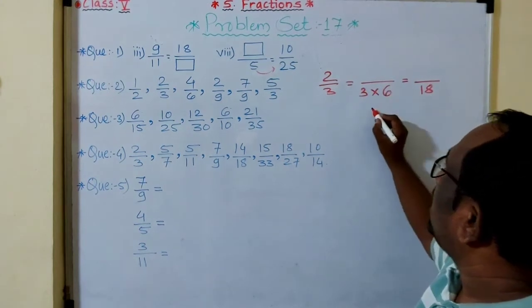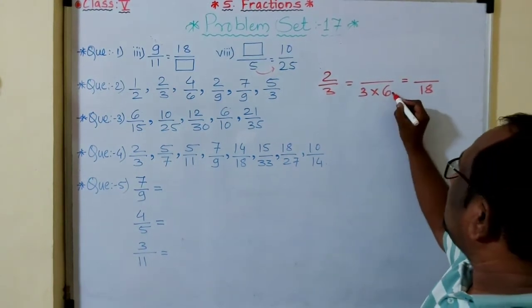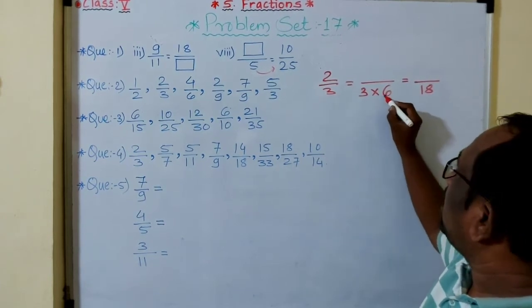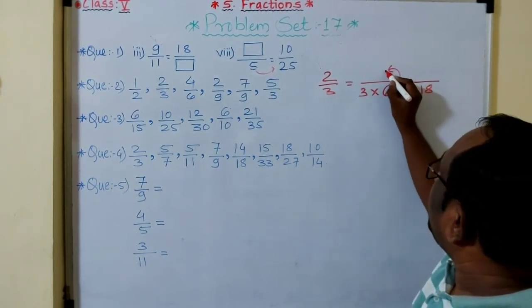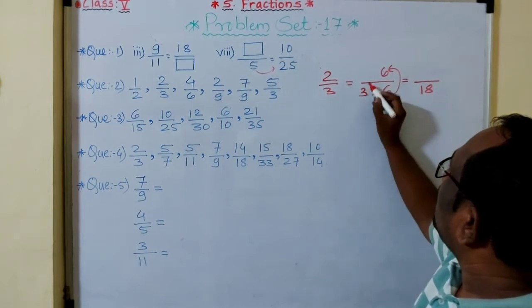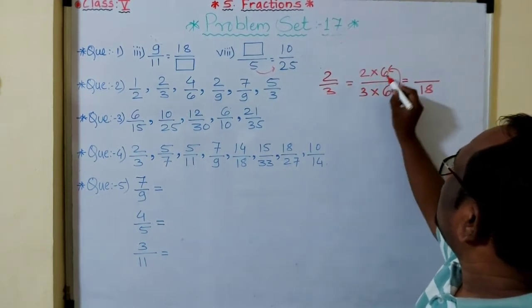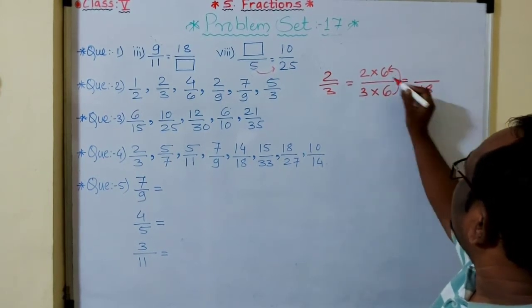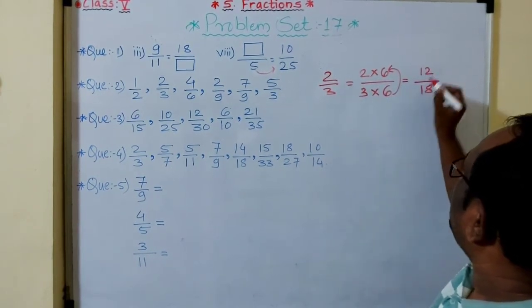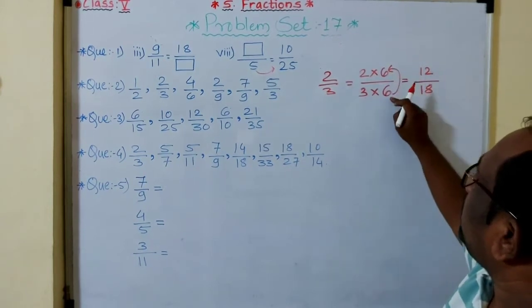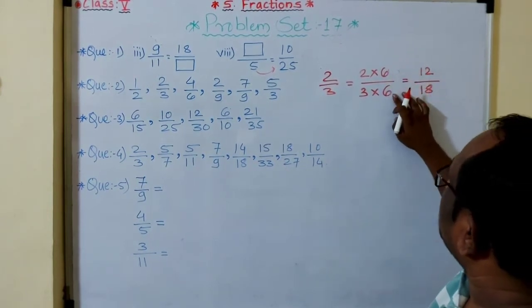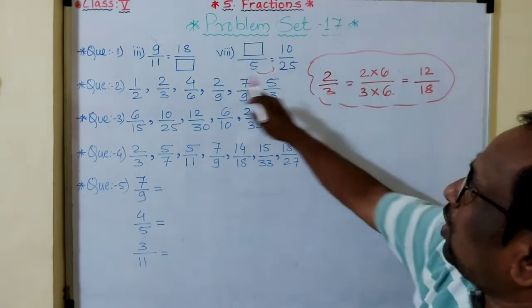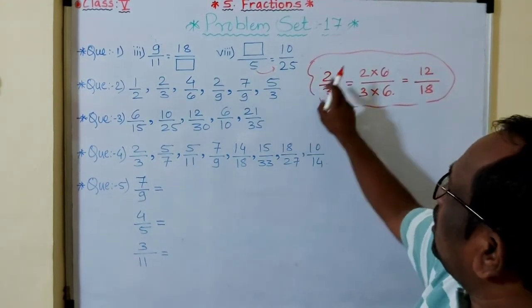Okay, then our rule tells us if we multiply the denominator by a number or divide, here multiply, so the same number you have to multiply to the numerator. Okay, so this is 2. So 2 upon 3, I write 6, 6 3s are 18, 6 2s are 12. Numerator and denominator you have to multiply by the same number, then you will get the answer. So you have to solve like this way, all the examples. First write 1 upon 2, solve like this.